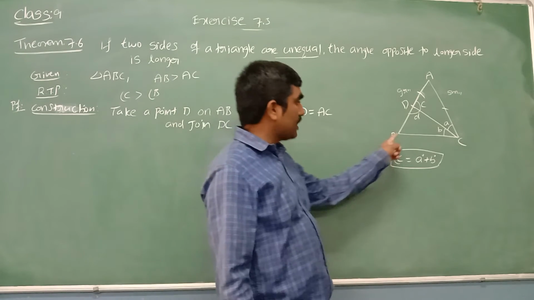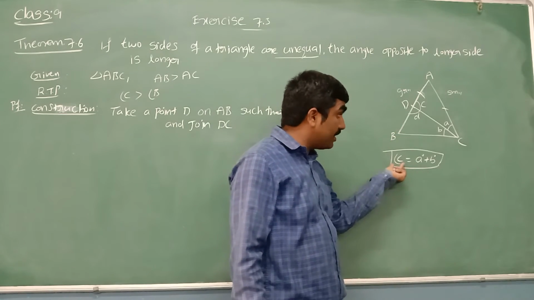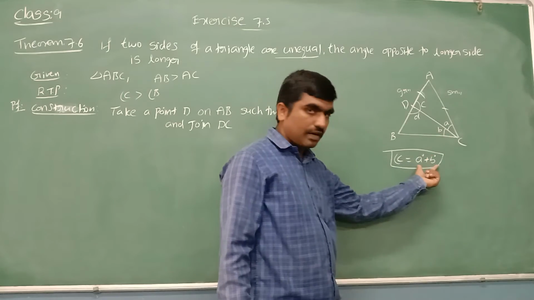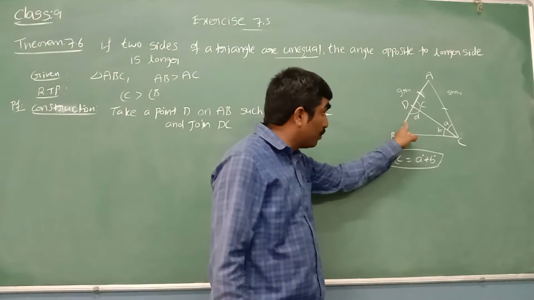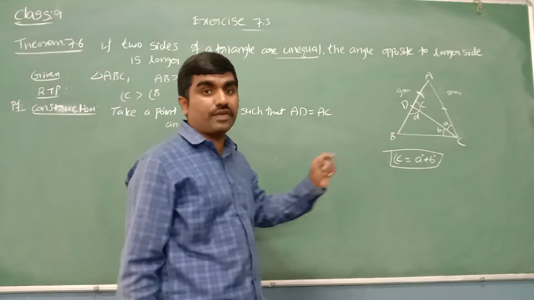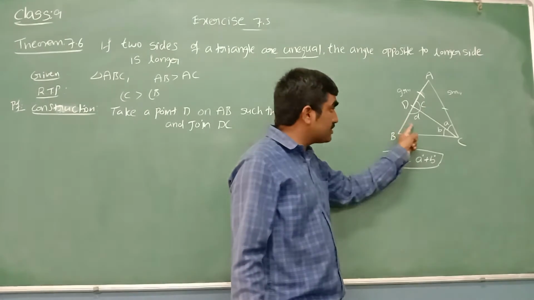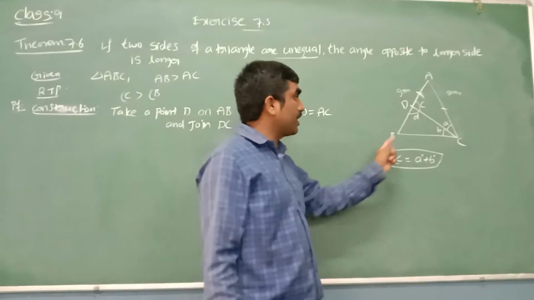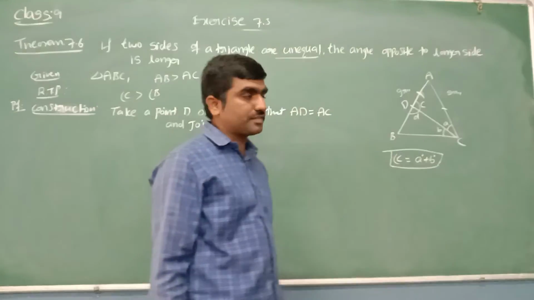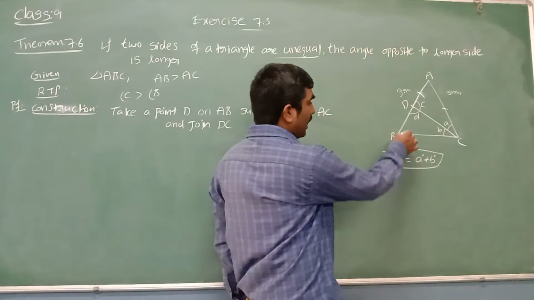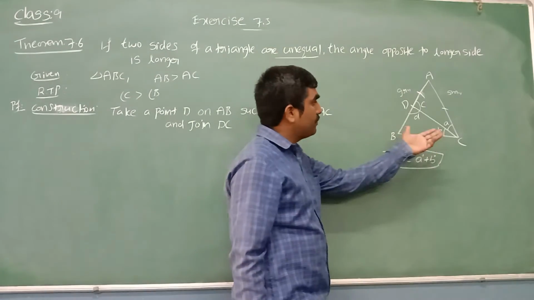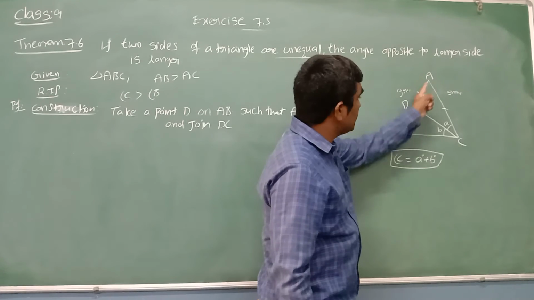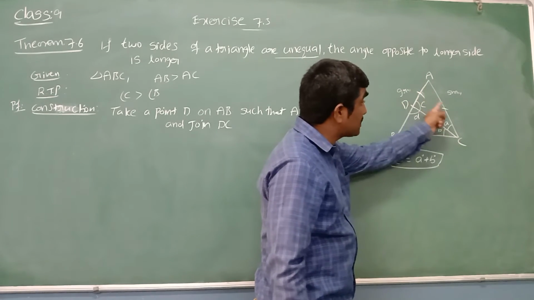Now think about this angle B. See, actually angle C is there in terms of AB now. So similarly, we try to prove angle B also in terms of AB. Once angle B is also in terms of AB, then we can compare both the angles. Now think about angle B. How can we express it in terms of AB? Now by seeing the figure, any conditions? Sir, I can see triangle ADC like an isosceles triangle, sir.